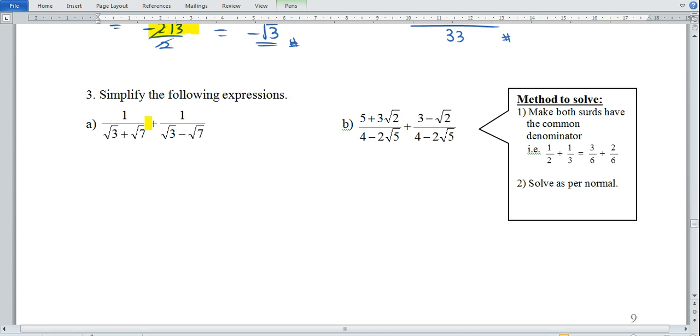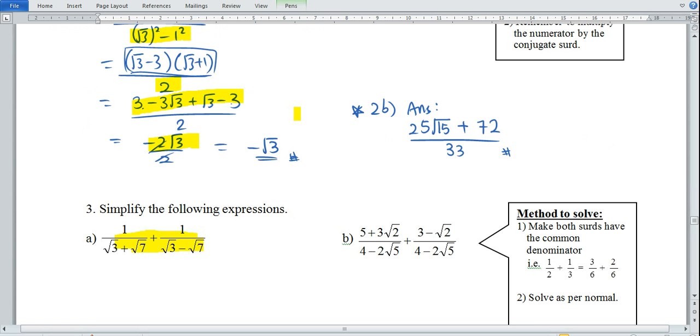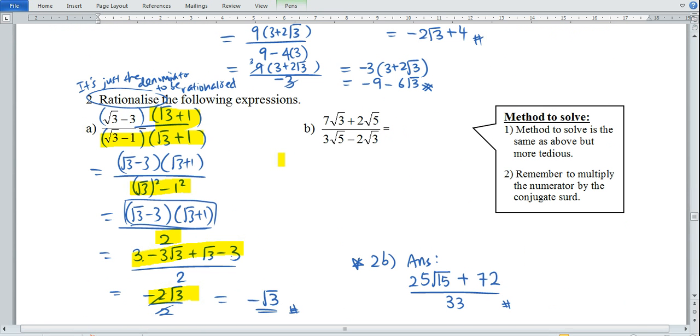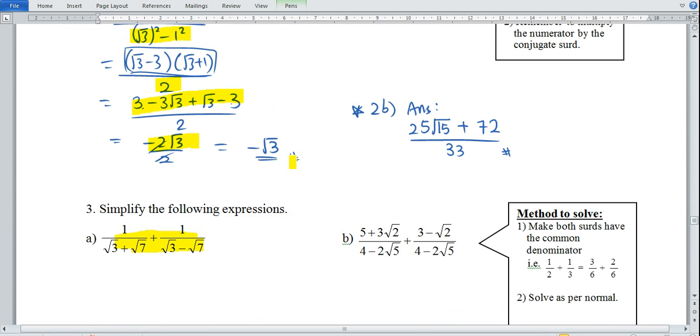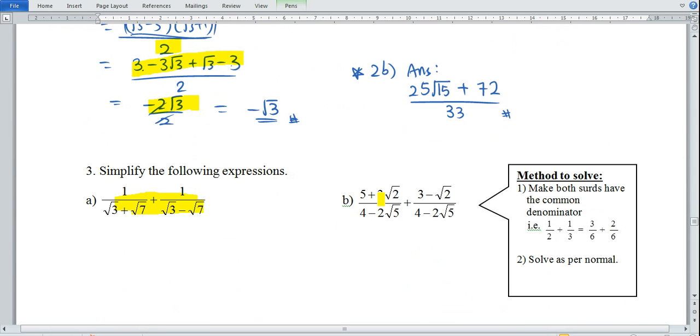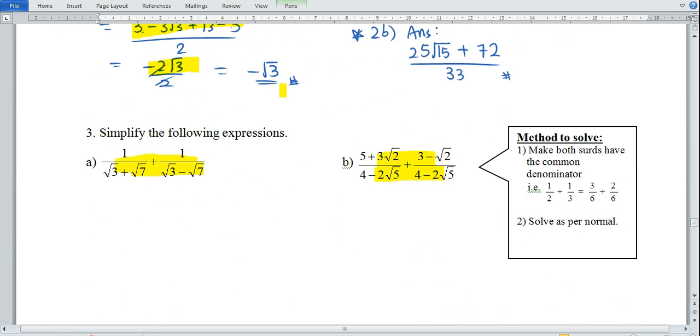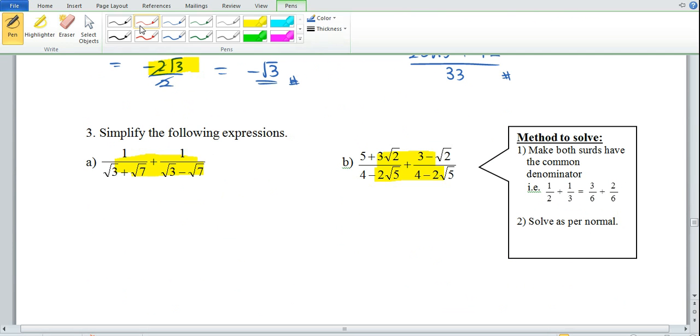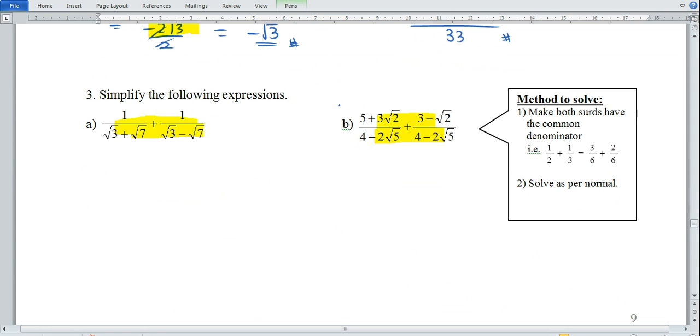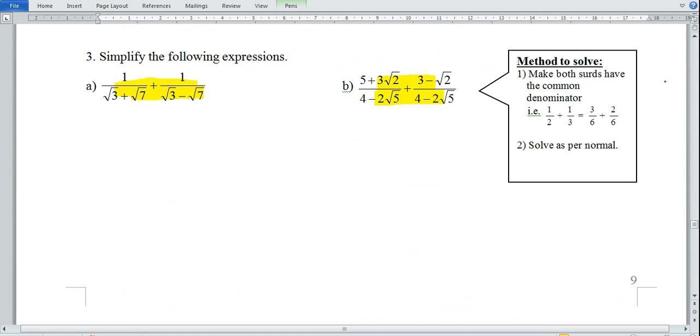In this case, the difference is that they purposely make it such that there are two fractions that you must simplify first, okay? Whereas just now it was just one fraction, so we could straight away do the conjugate. But right now there are two fractions, so there is unfinished business in the combining, and therefore that is our first step, which is to combine the two fractions first. But in this case, they have different denominators, so I'm going to multiply